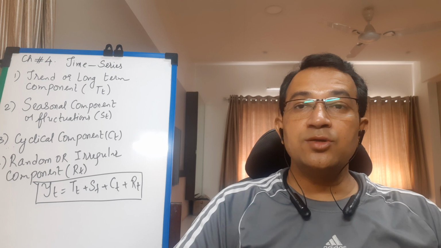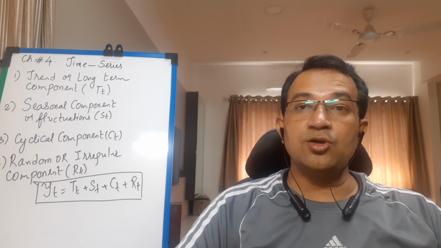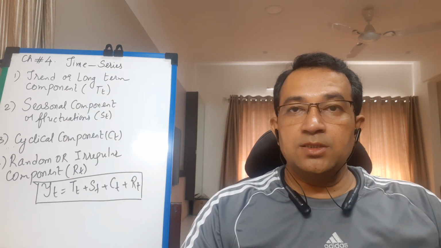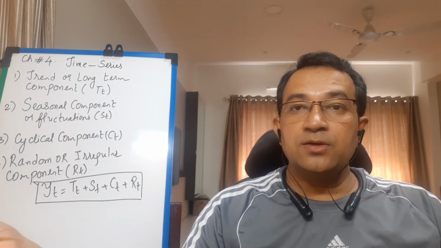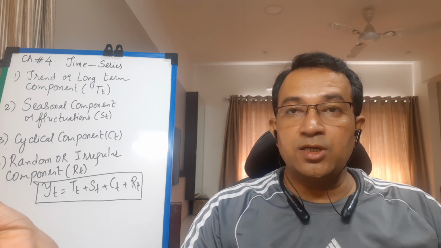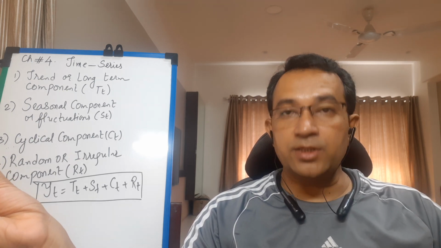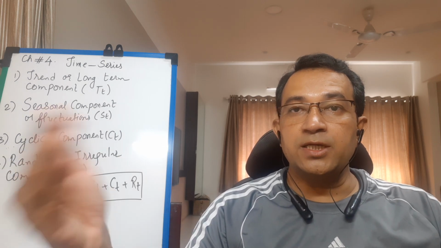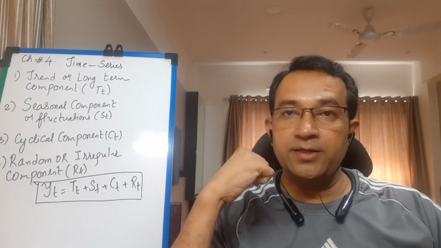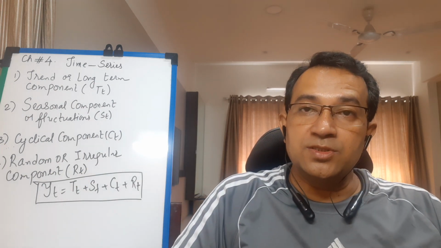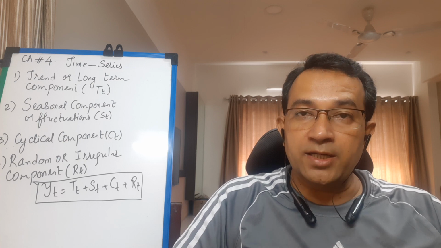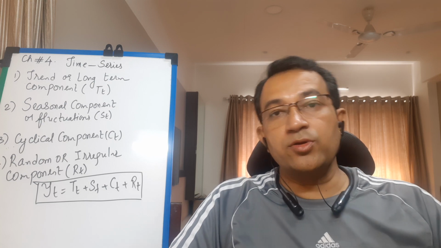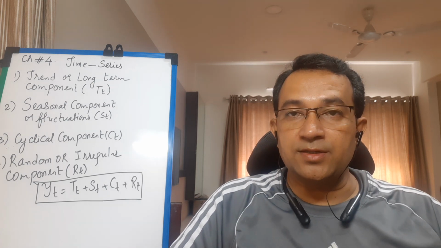Students, try to figure out the short note, students, in your own words. Say the first point: the variation in the variable quantity of a time series studied over a long period of time is due to trend. The value of the variable quantity may constantly increase or decrease due to trend. Now the best examples: devaluation of rupee in the international market, then you can say birth rate and death rate, or you can say use of mobile phones, etc.